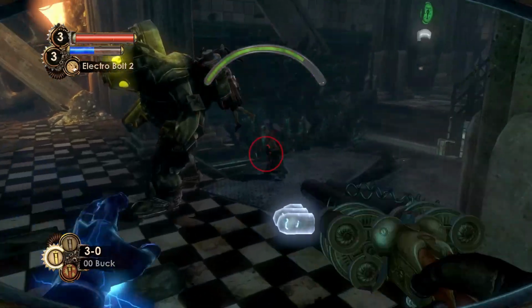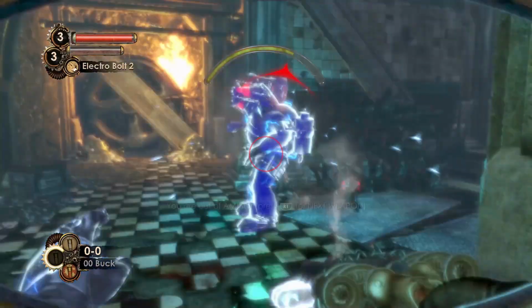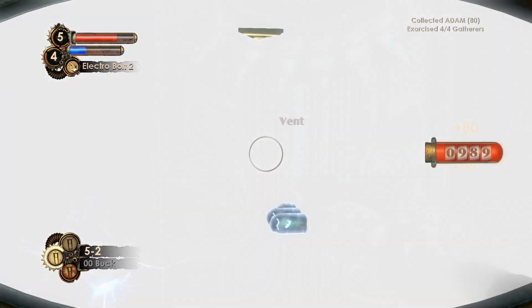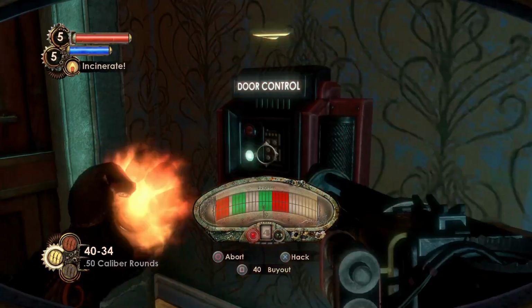It wasn't until I reached Fontaine Futuristics when a 4th little sister spawned in when she apparently wasn't supposed to. I seized the opportunity and rescued her to discover that the trophy for dealing with all little sisters popped. I figured I got lucky, but when I played through my hard run and ignored the little sisters, I spotted